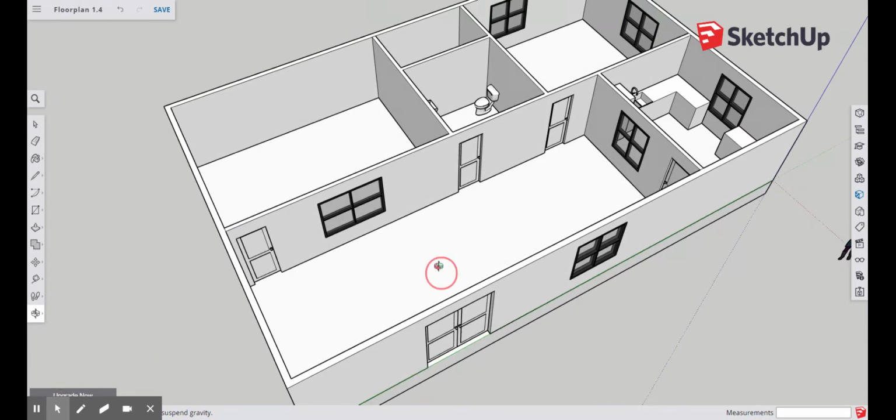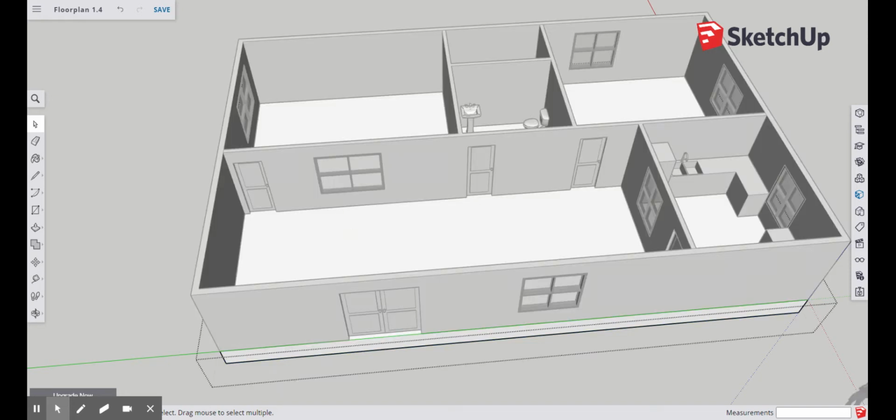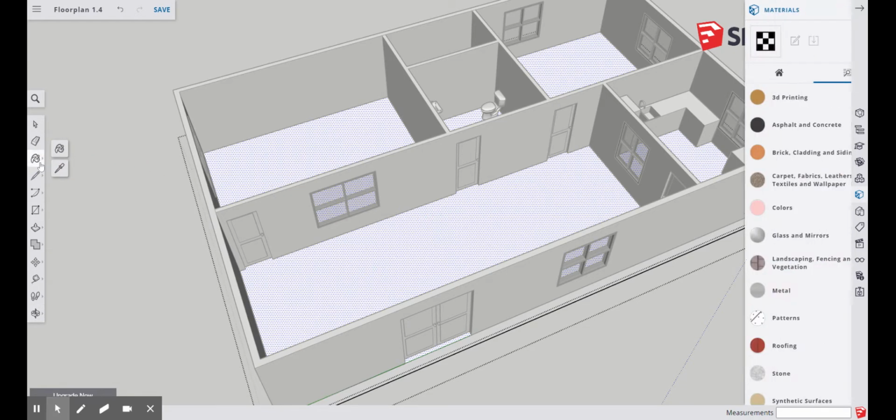So what we're going to start with is the flooring. And first we're going to put the flooring on the foundation. So we're just going to double click into our foundation. And I'm going to just select the top surface of our foundation. So notice how nothing else is selected but the top surface. That's the surface that we're going to paint. So I'm going to grab the paint tool